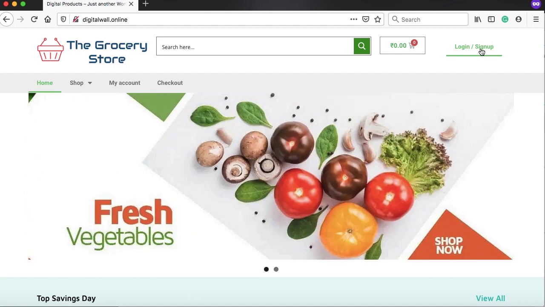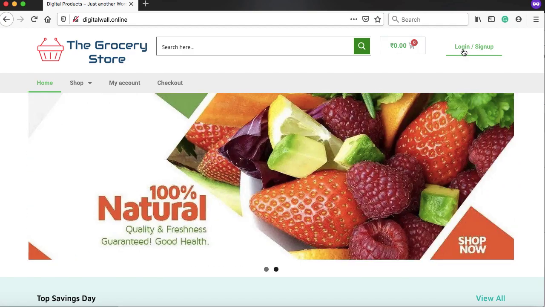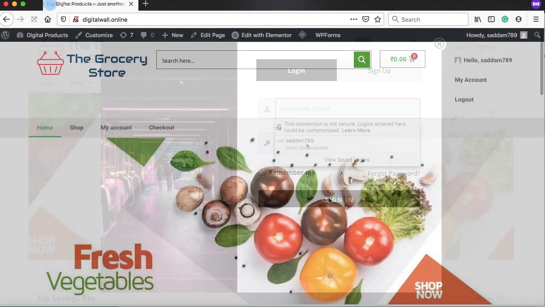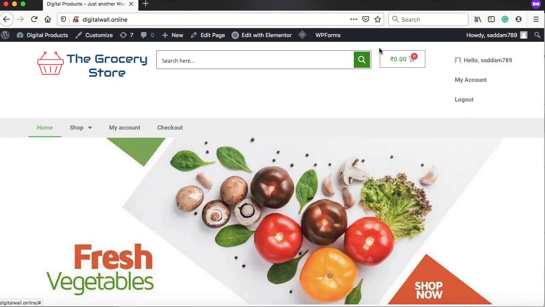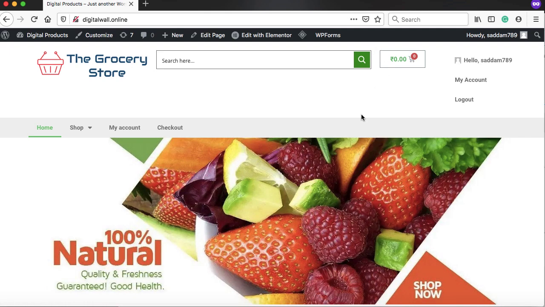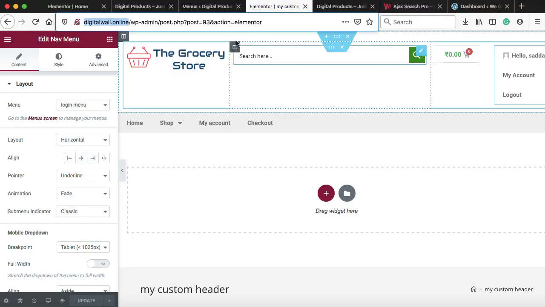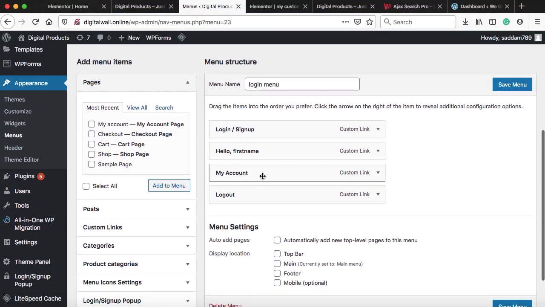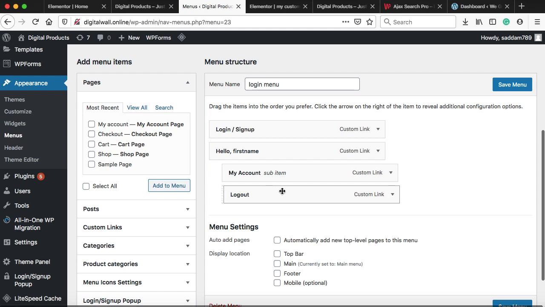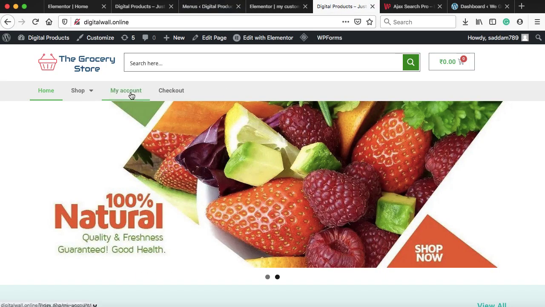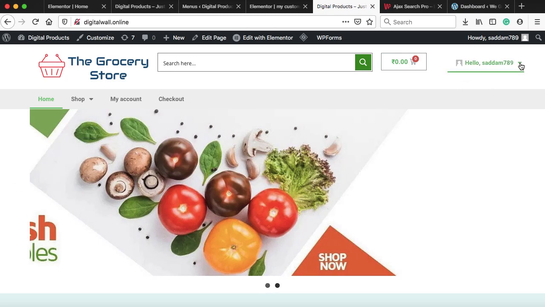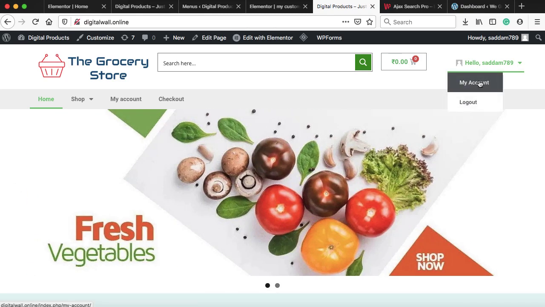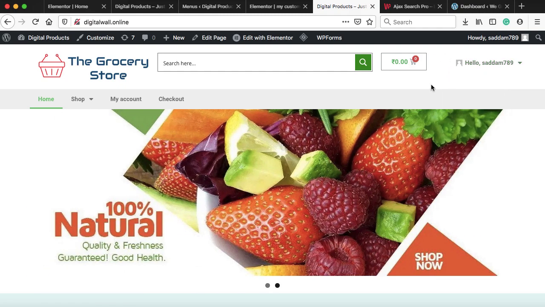Now let's go ahead and we can do a little amendment in this menu. Let me show you what exactly I mean. So firstly we can log in to the account, and now you can see once we log in, my account and logout menu just shows below it, due to which the header height increases, and this really doesn't look good at all. So let's go ahead. Firstly we can close it and go on to the menu. Now here we can make My Account and Logout the sub items of this Hello first name menu. Now let's click on Save Menu, and I'm refreshing my front page again. Here we go. So now you can see there's a little arrow that indicates this main menu has sub menus as well. So I think this is a standard way, and the height of the header is also not increased.